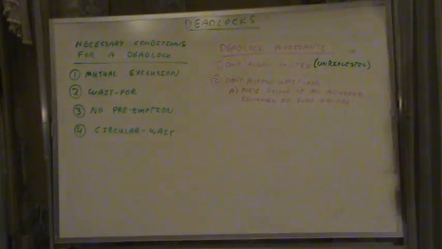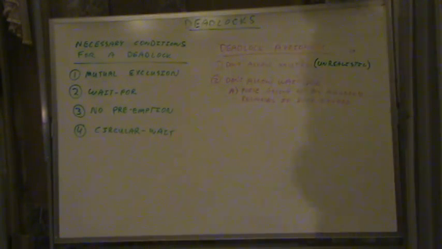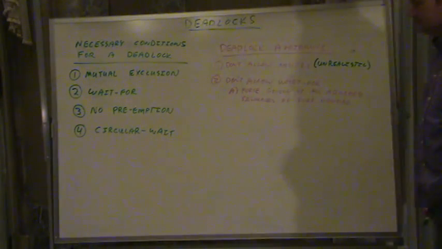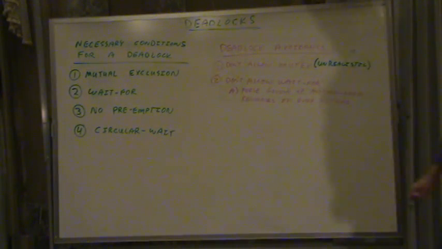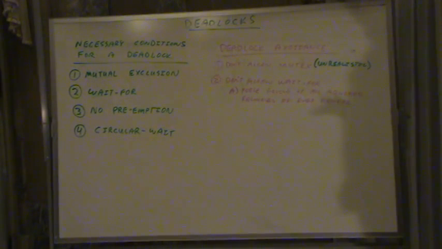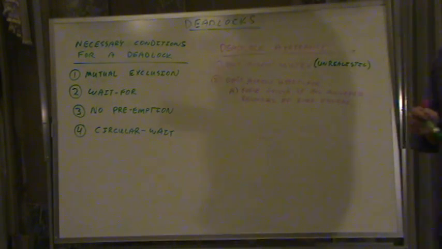We could design our operating system to not allow this wait for condition, where you hold one resource and then you're waiting for another one. One way to do that, so I'll do 2 methods. Method A is force the process to give up all of its resources if it ever asks for something that it can't get, and then start over. So this will definitely get rid of